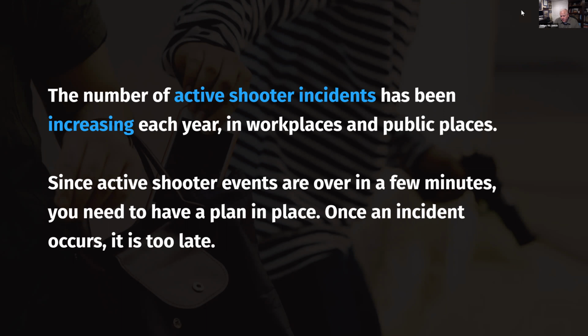I'm talking about the people who are just normally working, employees inside that office building, who might become endangered as a result of the movement of a bad guy, or maybe it's not even a bad guy. Maybe it's a fire or some other situation where people, because of their location, are endangered. So a system like Alertus allows you to communicate with those people very quickly, and to manage evacuations